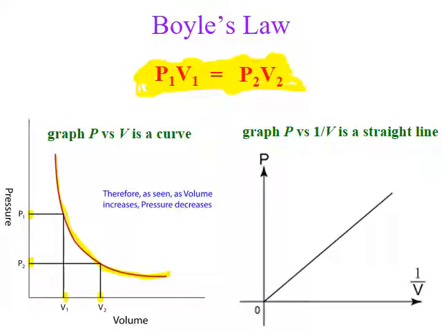And if I were to make a plot of pressure versus 1 over volume, it would give me a straight line. Why? Because when I increase the pressure, what would happen to volume? Volume would decrease, but 1 over volume would increase. So let's say this was my initial pressure and initial 1 over V, and I increase the pressure. So pressure is high and volume is lower, but 1 over volume is high. Therefore, my graph would look like a straight line. So these are the graphs for Boyle's law.